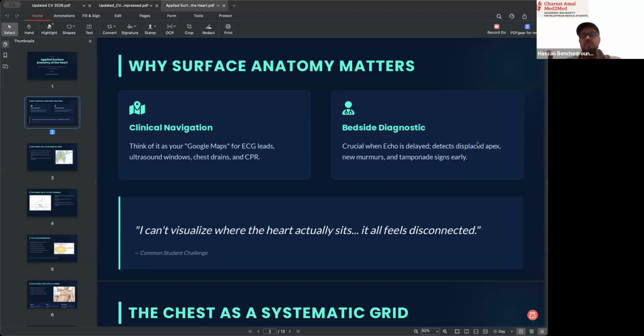It should hit the front rib cage slightly to the left. Unfortunately, if it's all the way below the nipple,